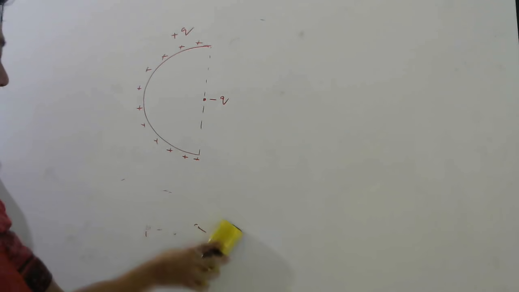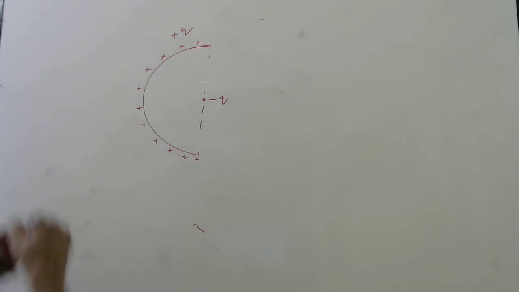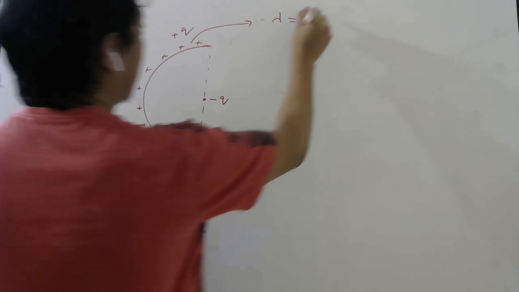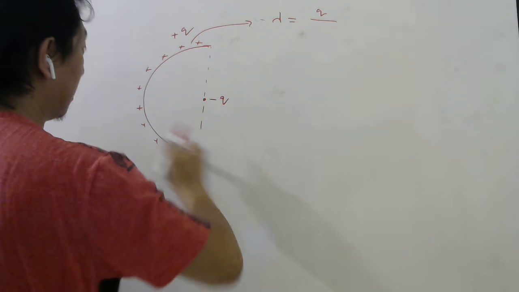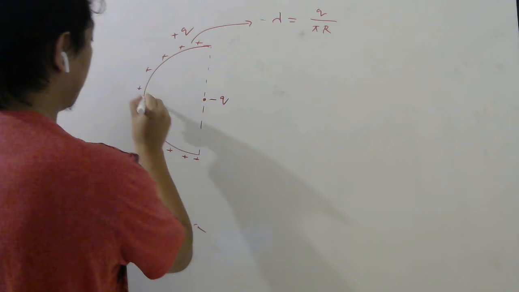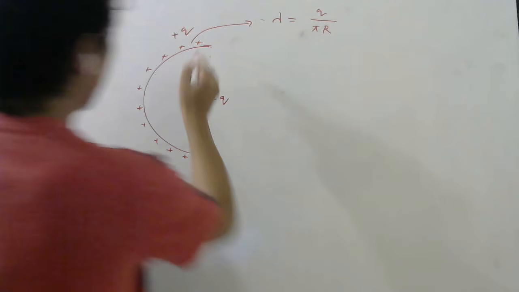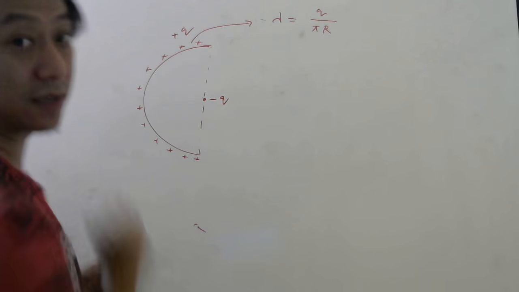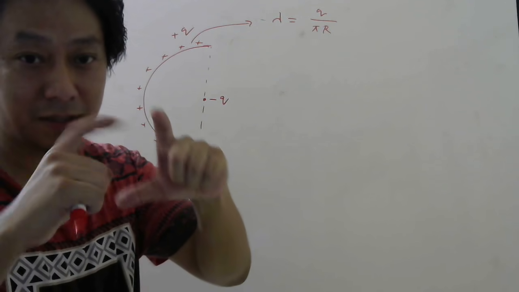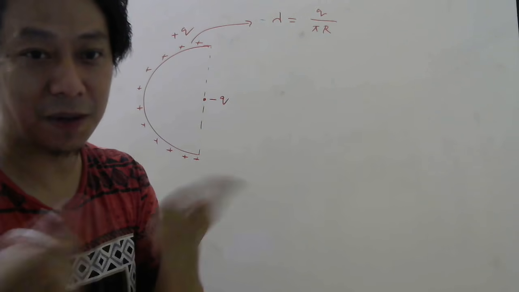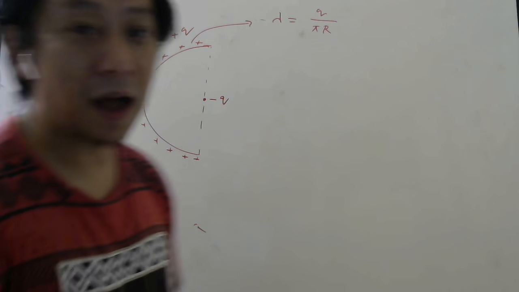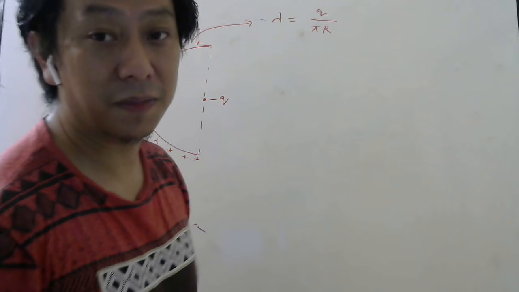So what will I do? Simple. Tell me what will be lambda of this. Charge on this length, q, divided by this total length. That will be half of 2 pi r. So radius is r, let's say. So this will be lambda, no? Total charge in this length divided by the length. This is not area, no? It is a length, no? Circle's circumference is length only, perimeter 2 pi r. This is half of circle. So length will be half of 2 pi r, pi r.